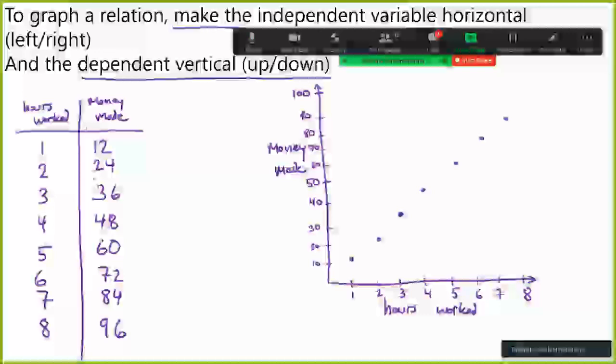Back at the table where I was getting this information from how to graph it, the numbers that I needed to graph it, you might notice that the dependent side, the money made side, well, those are going up by the same amount each time. Plus 12, plus 12. And that's in fact how we found it in the first place, right? Like we realized, okay, she's making $12 an hour. So it's going up 12 each time. And because these are moving up by the same amount every time, plus 12,